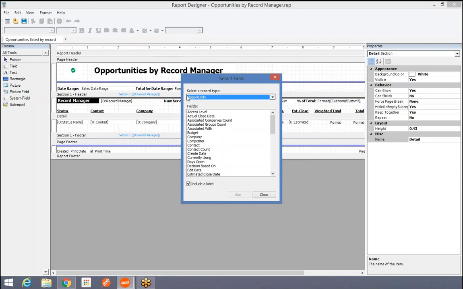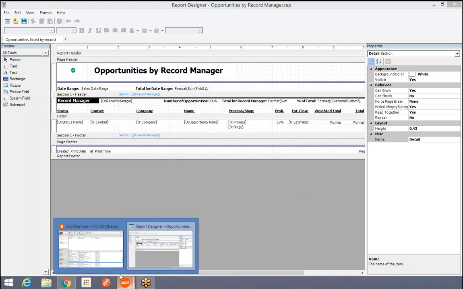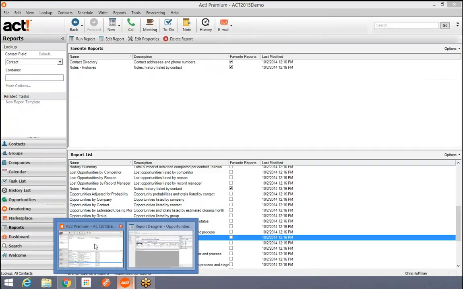So you go in here, and it's a list of all the opportunity fields, but a phone number belongs to a contact. I don't have contact here. This is an opportunity report, and they only kind of give you what they think you should have. It makes it much simpler. The thing about a phone number is that if I go back to ACT opportunities, you remember that